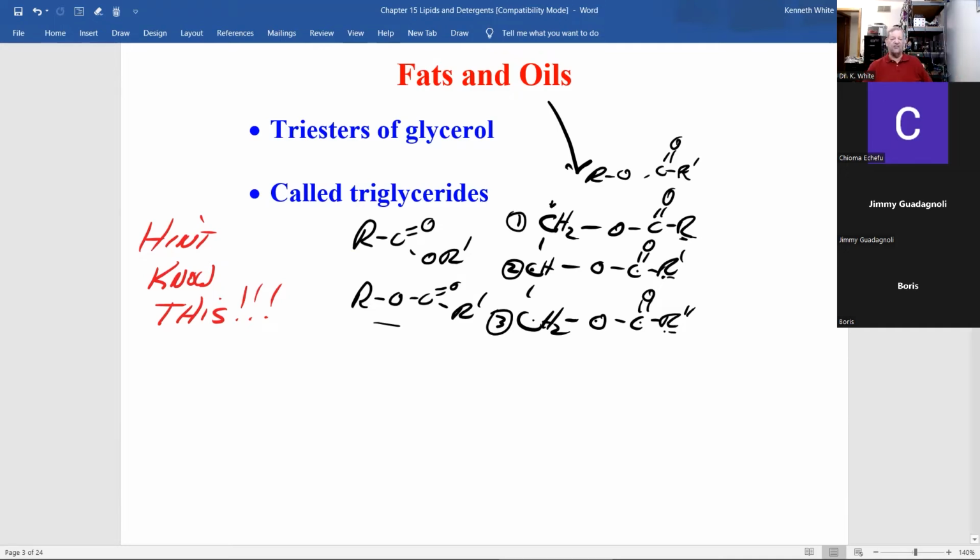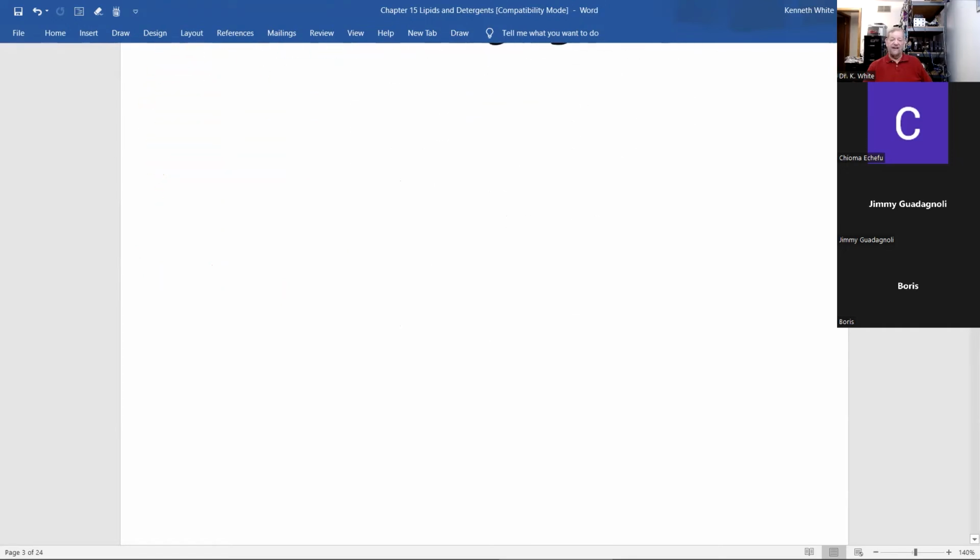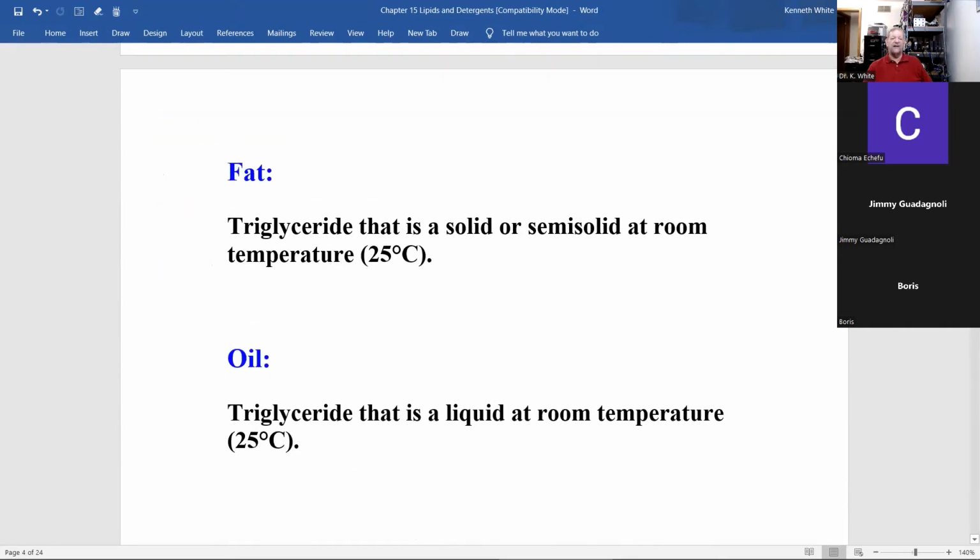Sometimes it's called triester glycerol, but you probably never heard that. I have, because I worked in this industry. Now, you should know